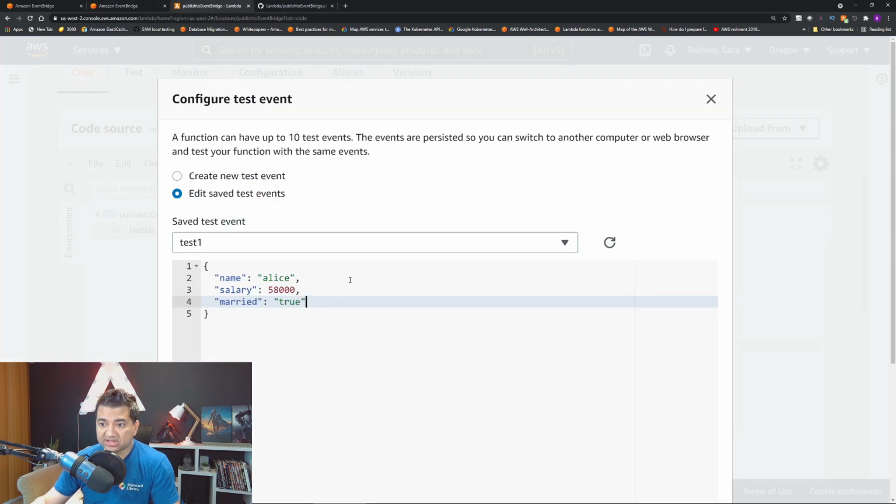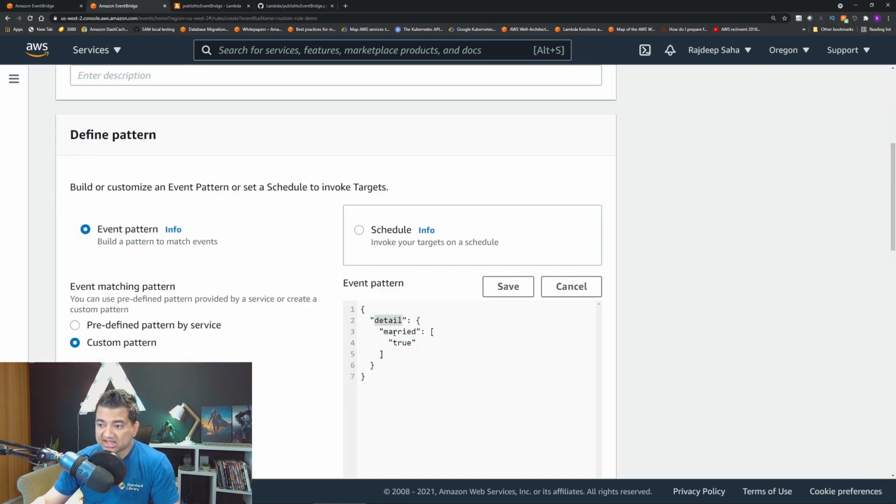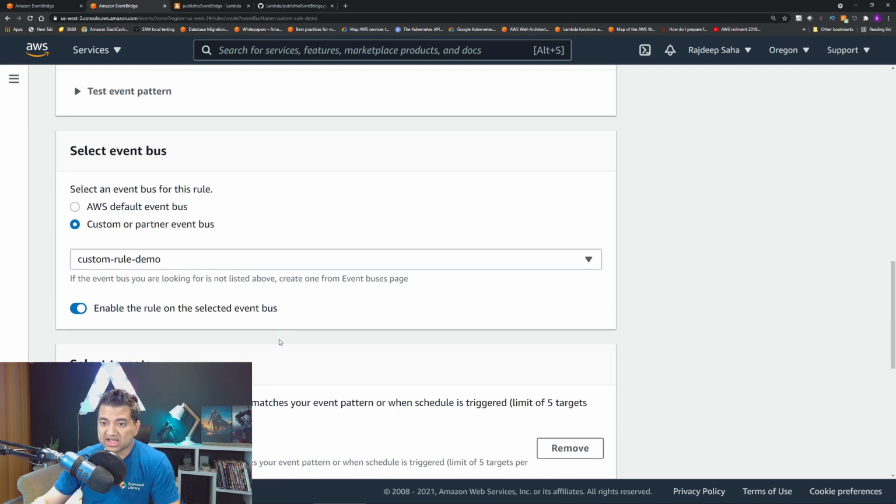So if I go back to the Lambda, you will see that the messages are coming under the detail field, and then under the detail field it is going to look for the field married, and it must have the value true. Only then the target will be invoked for this rule. So click save, and then scroll down